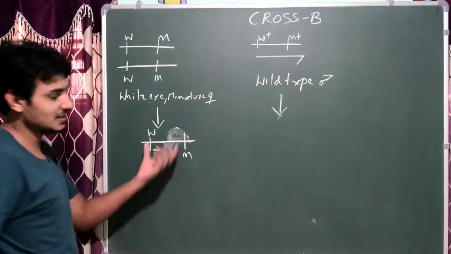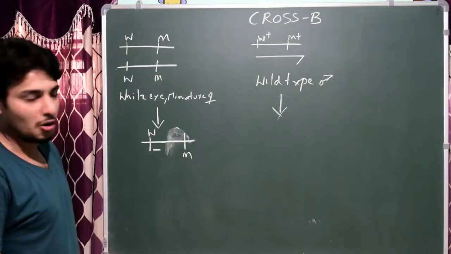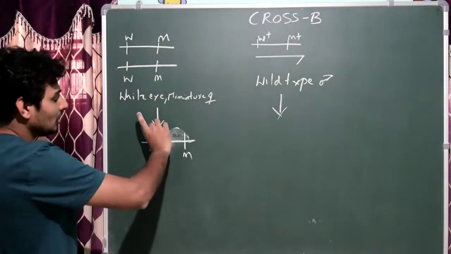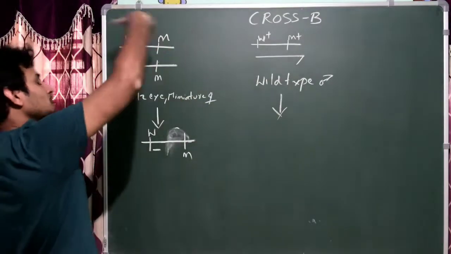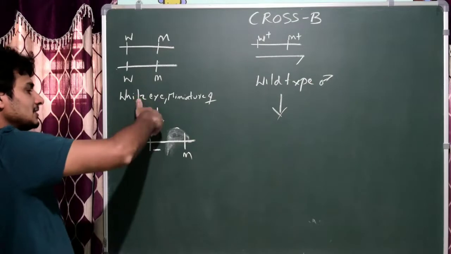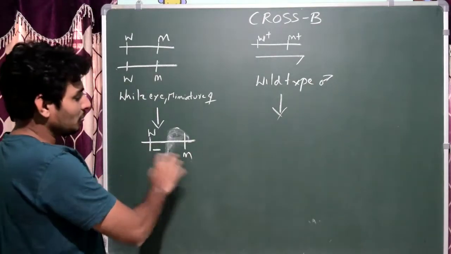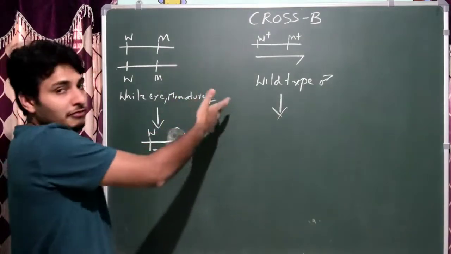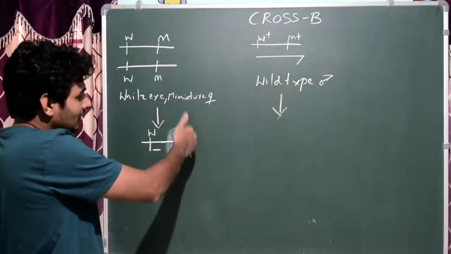Okay, so you can understand. See, the more the distance between two different genes on the same chromosome, obviously there is a higher chance of crossing over. That means the W will shift to another X chromosome, to another W plus if it is present, if it is a heterozygous condition, then the W plus will come and sit here. Or this M can separate from W and go to the homologous X chromosome, and if M plus is there, then it will come and sit here.